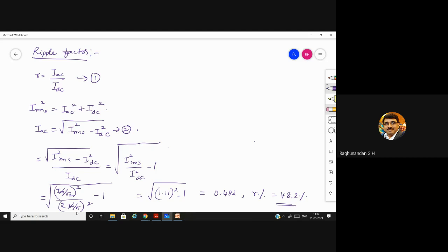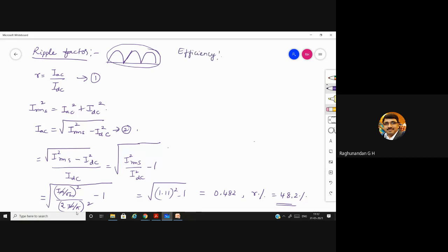You have already seen the output. The output is completely like this. So this indicates that the output seriously contains AC components in it. So now we have to remove this. For removing this, we will be using filters that we will discuss in the later topics. After ripple factor, the next one is efficiency.